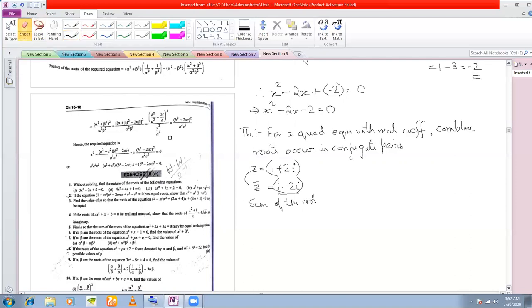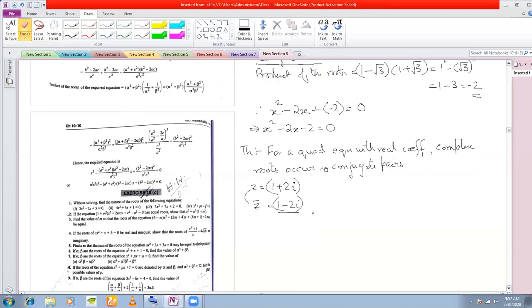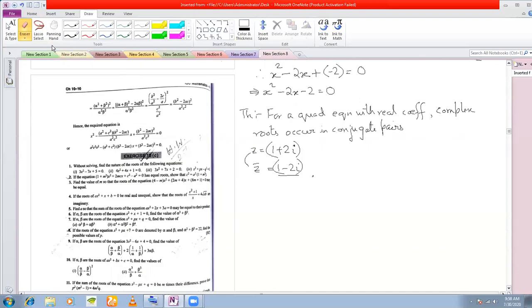Now I give you the same problem. If I say find a quadratic equation, one of whose roots is 1 plus 2i, then what will you say? You will say that the other root is 1 minus 2i. So therefore, you will calculate the sum of the roots as 1 plus 2i plus 1 minus 2i to get 2. And the product of the roots is 1 plus 2i into 1 minus 2i,